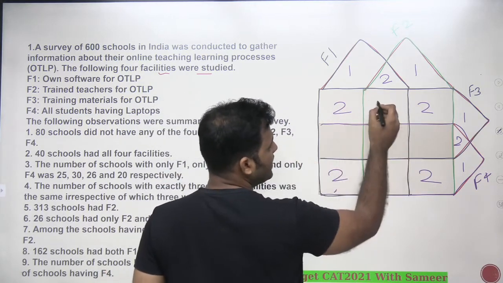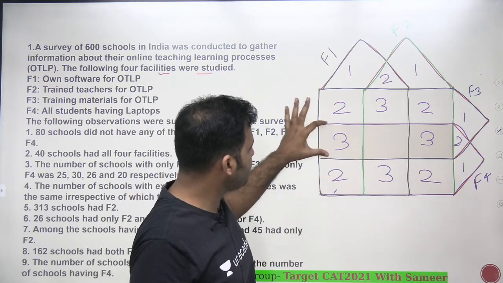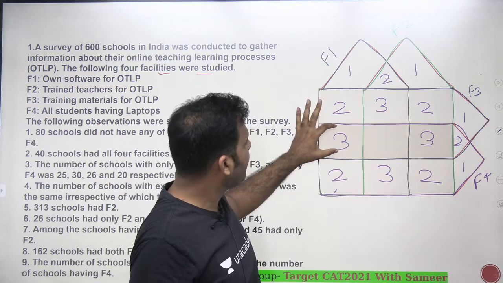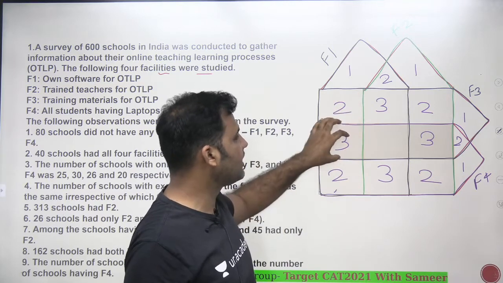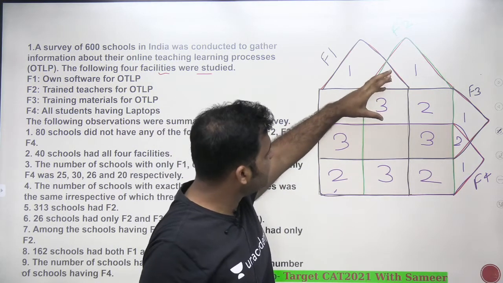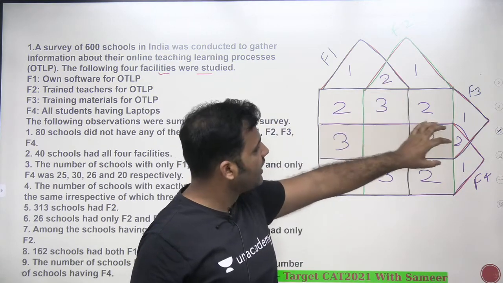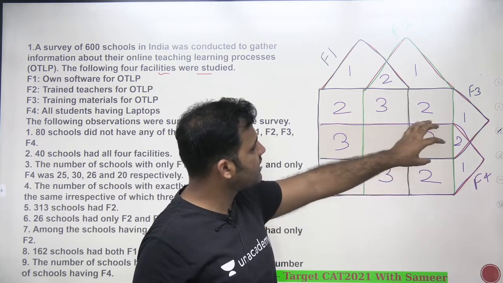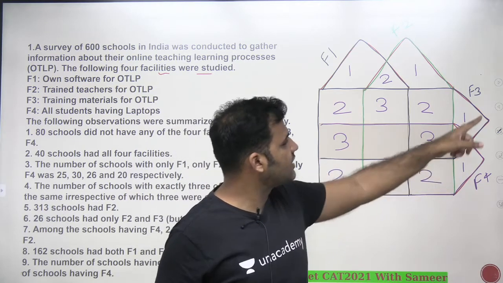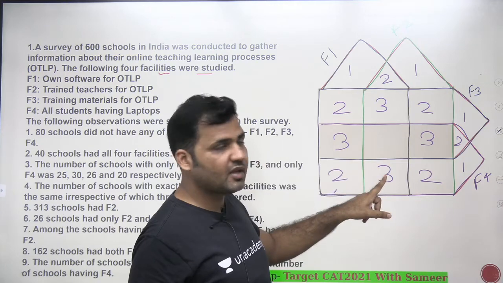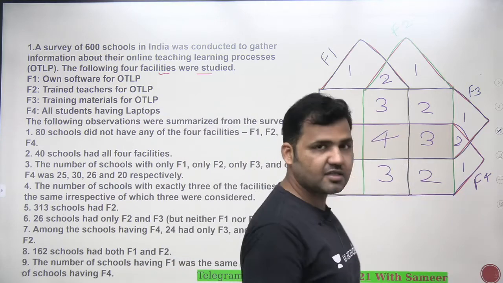And these values which are in the middle are the intersection of 3. Intersection of 3, which 3? You see that this particular cell is coming in F4, F1 and F3. So this particular cell is not coming under the green area, so the rest of 3 will be included. You see that this particular cell is not coming in this region, so it will be included in F1, F2 and F3. This particular one is not coming in the black region, so this is coming under F2, F3 and F4. This you can see is not coming in this blue region, that is F3, so this will be an intersection of F1, F2 and F4. And this is an intersection of all 4 sets.